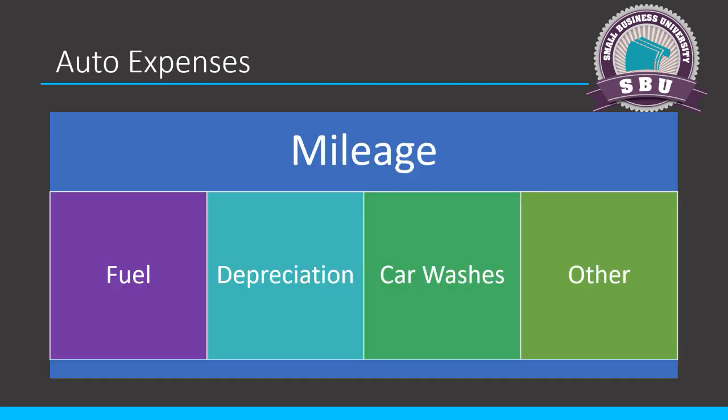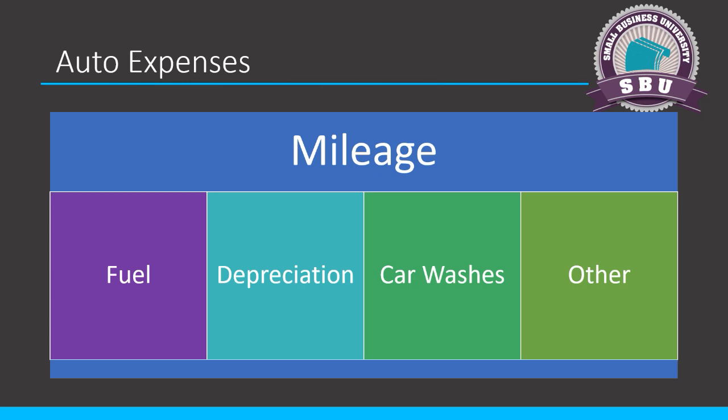As I alluded to in the slide earlier, when it comes to auto expenses, the brutal part, the hard part, and it's really the hardest part of accountable plans in general, is getting your client to track mileage. They all have to track mileage if they want to do anything automobile related. And so they're going to need to set up some kind of app to help them do it. And there's several out there. I'm not going to make a recommendation. Test the different ones out and see what you like best.